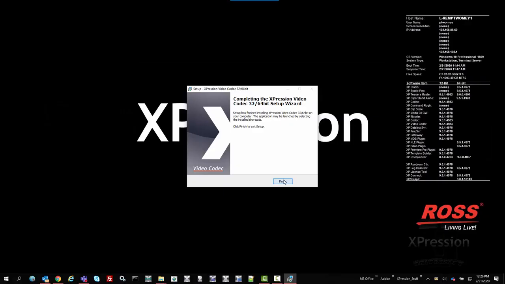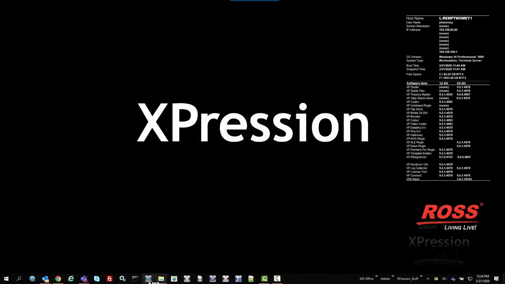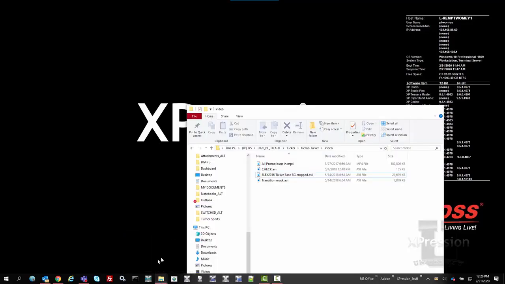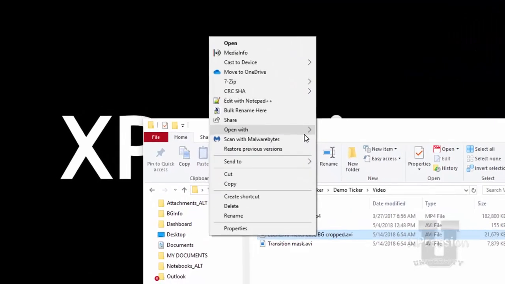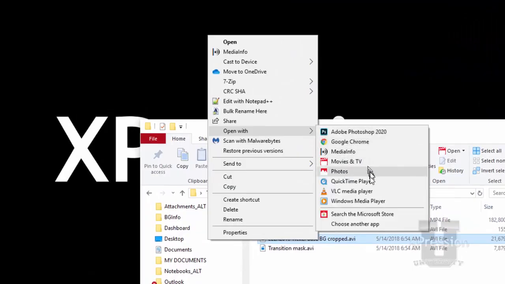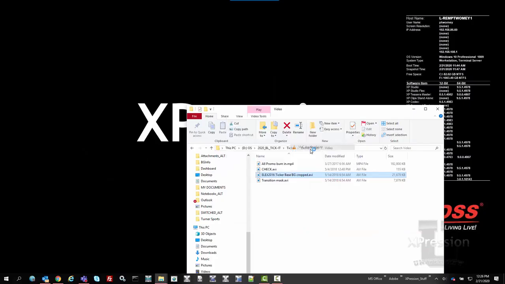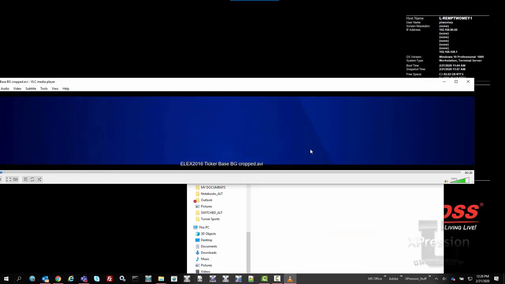So for example, I've just done that install. Now I'm going to come over here to one of my Windows folders. I've got some XPression codecs. This is an old one from the elections. I'm going to right click and choose open with, and you can see that I've got the typical Windows Media Player. QuickTime obviously wouldn't work because it's a Windows codec, but if I go to VLC Media Player that I've installed on my computer, you can see now that this particular clip is playing fine,